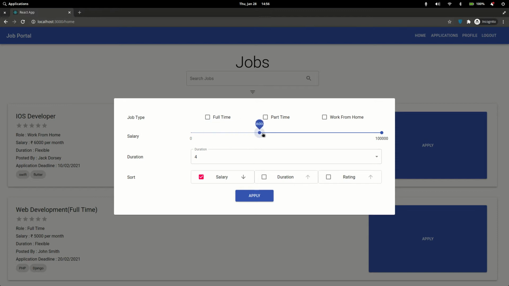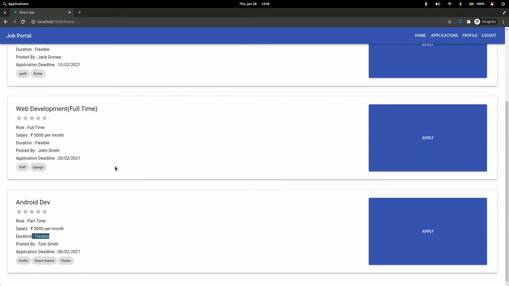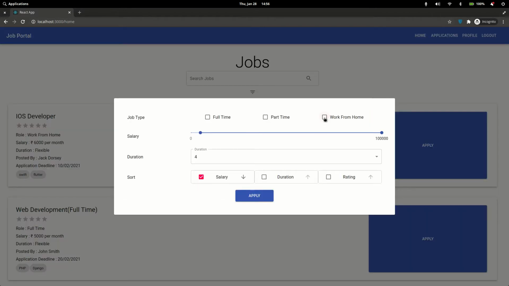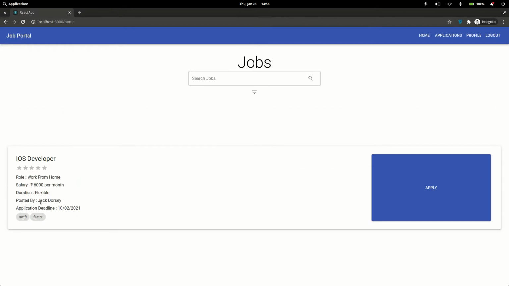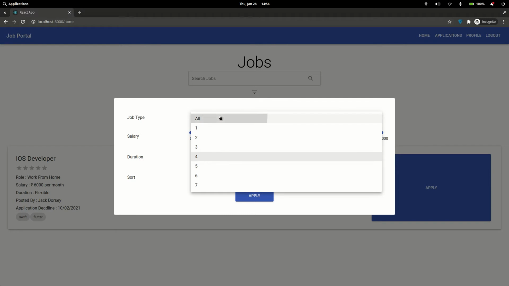I can also filter based on the salary. Suppose I want a salary greater than or equal to 5,000, so it is going to show me all the jobs like 5,000, 5,000, 6,000, nothing else. So filters are also working. I need a work from home job, I can apply, and yeah, I'm getting it. So all these filters are also working perfectly. Now I can reset them.